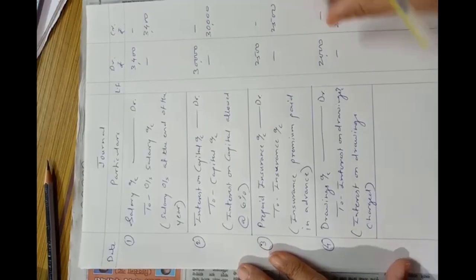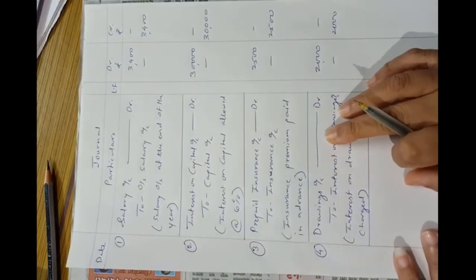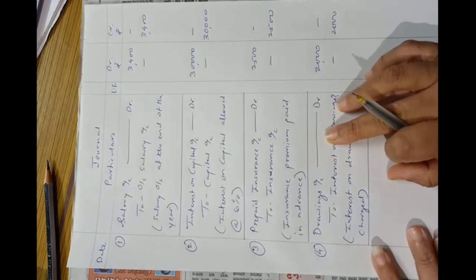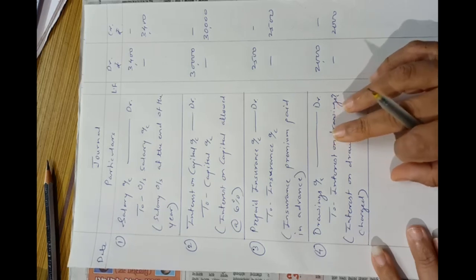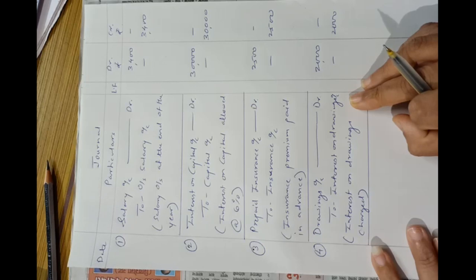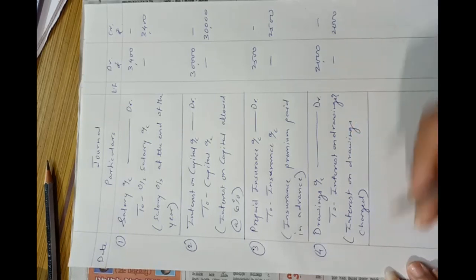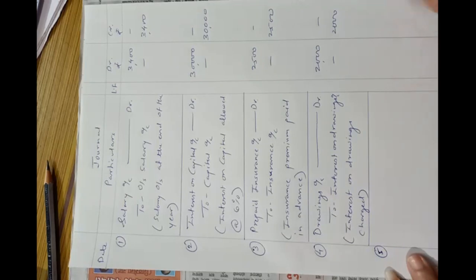Here drawings account is debited because drawings account is related to capital account. Due to interest on drawings, capital decreases, so decrease in capital, and interest on drawings is our income. There is increase in income of the business, so it is credited. Okay, now fifth entry